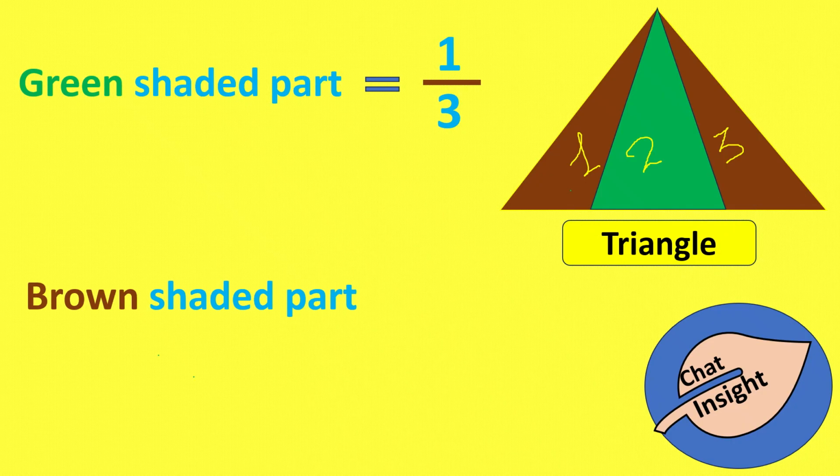So look at here in a proper way. We use a slippy line for the division, and after that we use a 3 for the parts of the triangle, and then after that we use the parts of it. Okay, so the brown shaded part is 2 here, and don't forget to use the mathematical symbol equals. It's equal to. Okay,